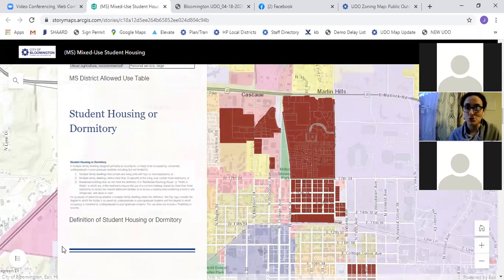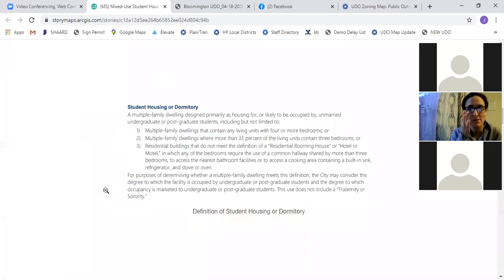So what the MS district does allow is the addition of student housing. So student housing or dormitory use is allowed in multiple places, but the main locator of those that we would like to see happen would be in the MS district. So student housing or dormitory was identified as its own use, separate of typical multifamily, because over time the community has decided, for example, that